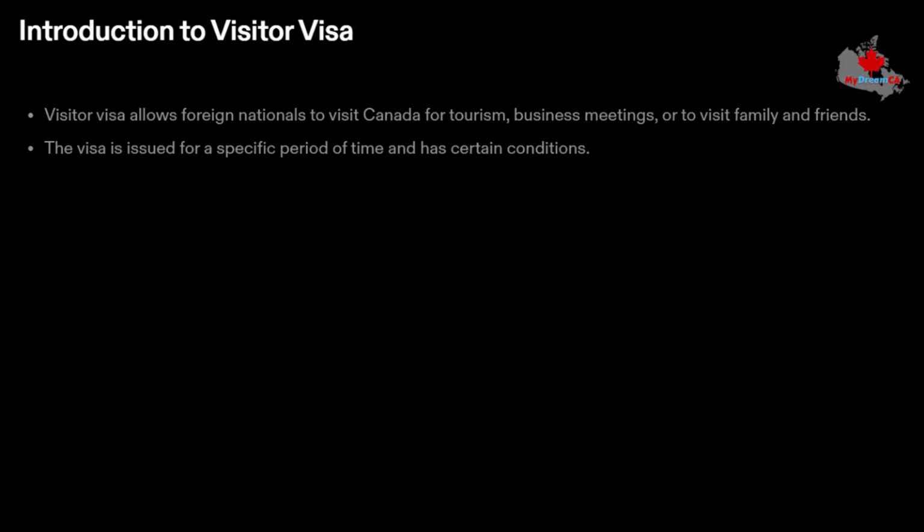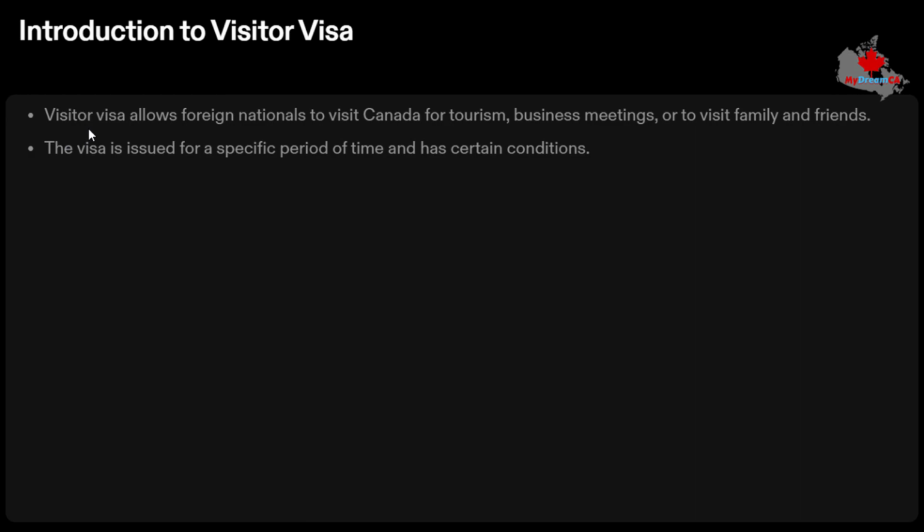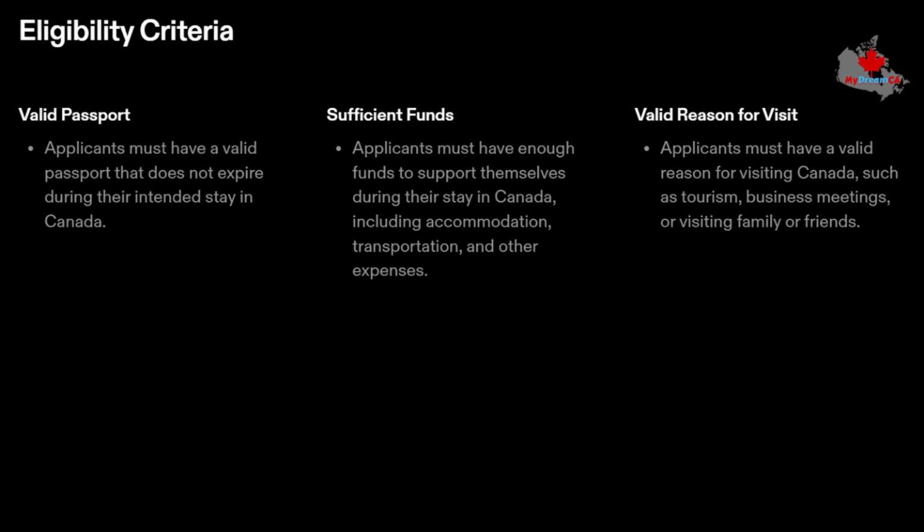Introduction of this video. A visitor visa allows foreign nationals to visit Canada for tourism, business meetings, or to visit family or friends. There are 4 criteria to get a visitor visa, and the visa is issued for a specific period of time and under certain conditions. Eligibility criteria: you need 3 things before you apply for a visitor visa: a valid passport, sufficient funds,